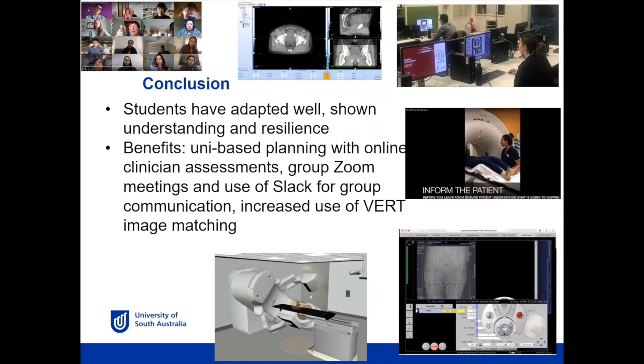In conclusion, these 2 blocks showed us that the students adapted really well to these different working conditions. They were very understanding to the challenges faced by both us at uni and the students themselves, and they proved to be very resilient. We did find some benefits from these changed working conditions that included the uni-based planning with